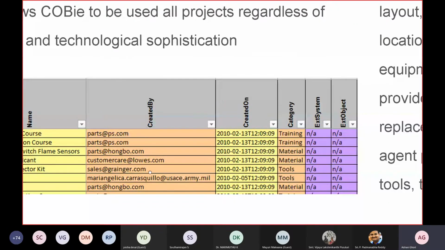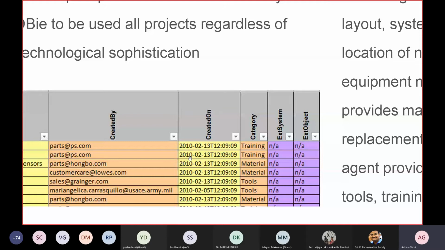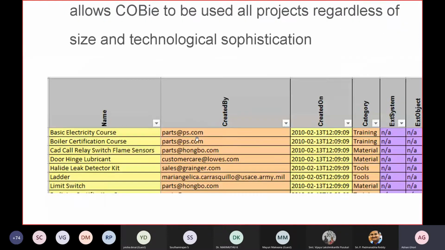You know who created it, or who is responsible for taking care of it, or if it's in warranty, or if that component needs to be replaced. All the information is contained in an Excel sheet, and this Excel sheet is synchronized with the model. Whatever changes you make in Excel will be synchronized with the model, and whatever changes you make in the model will be synchronized in the Excel sheet, vice versa. That's how it acts.